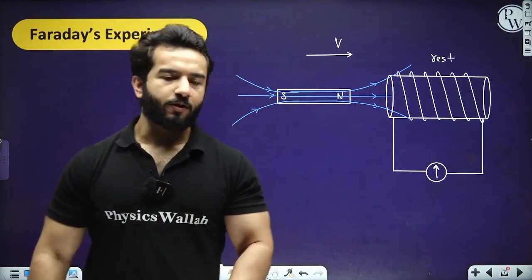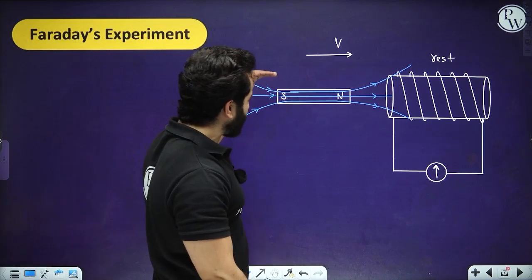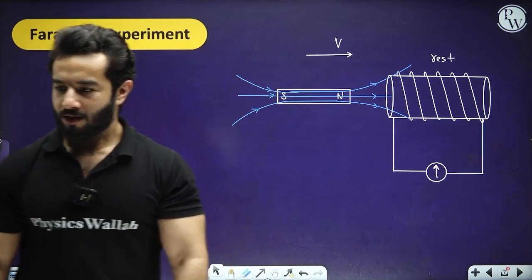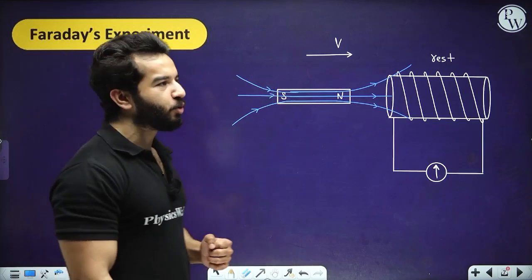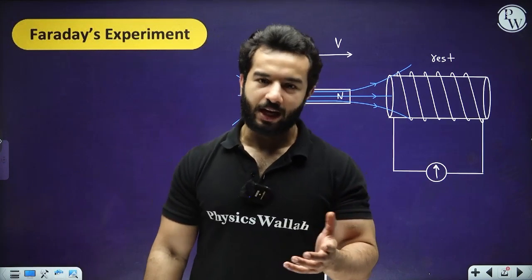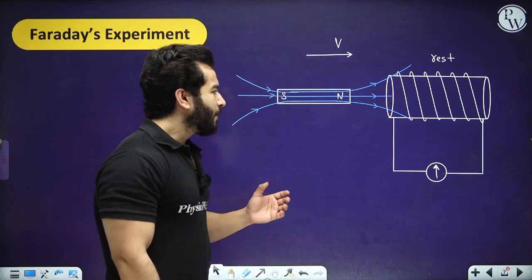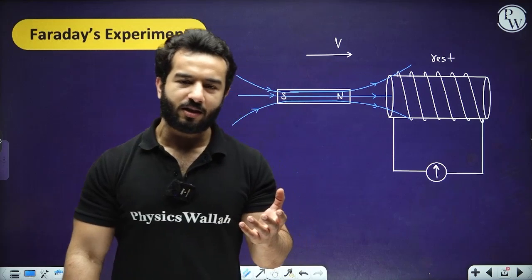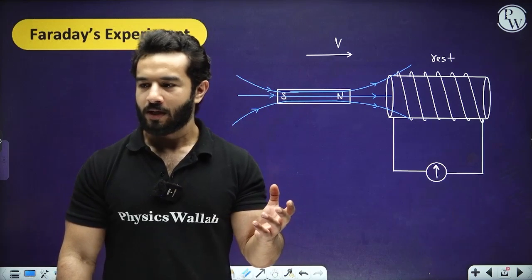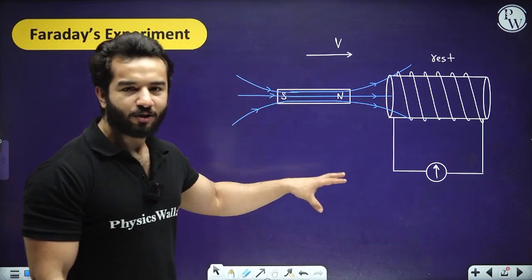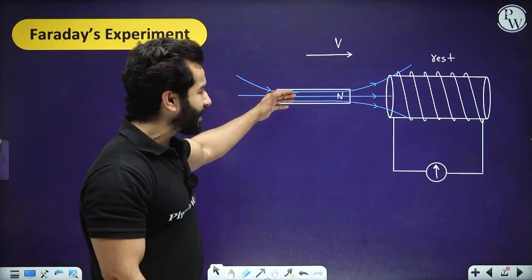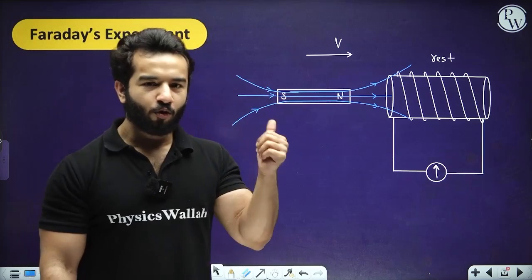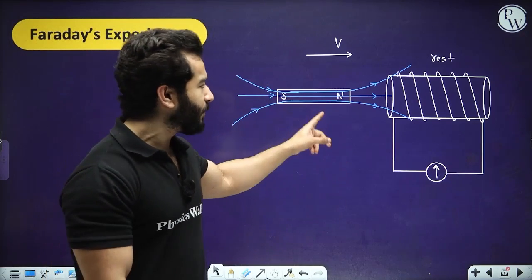So what he observed, that when there is a relative motion between bar magnet and solenoid, there is a deflection in the galvanometer, right? Which was actually quite amusing, quite surprising for him and for everyone at that time, because by that time we knew that we can create current with current carrying sources, that's not a problem. But right now we don't have any current carrying source. All we have is actually a bar magnet and a solenoid, and when we move them in such a way that there is a relative motion between them,